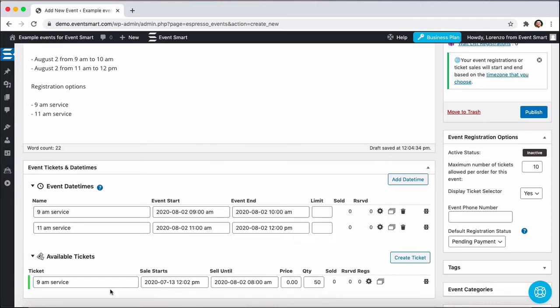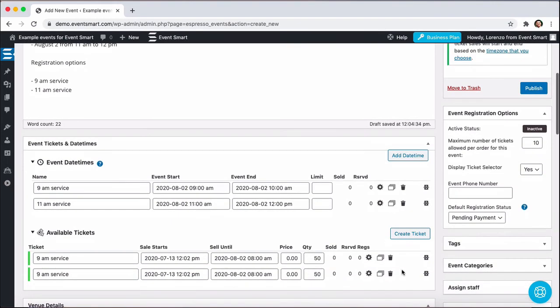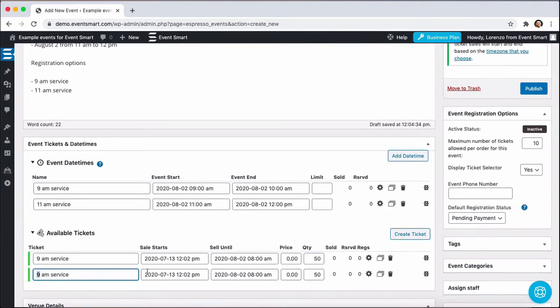So we've just set up a registration option for that 9 a.m. service. Now it's time to take care of that 11 a.m. service. To save a little bit of time, I will again use that duplicate option here. So I'll click on it, and that just creates a copy, and then that way I can just update the details that I need to. So I'll update that title from 9 a.m. to 11 a.m. We're going to leave the remaining details as is,